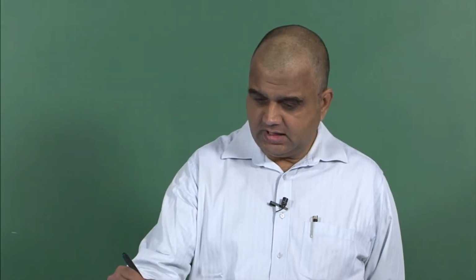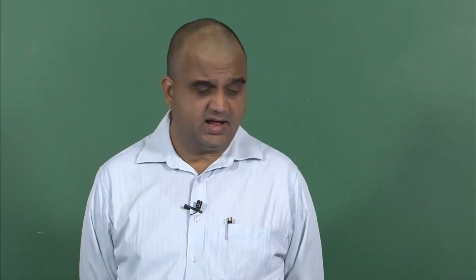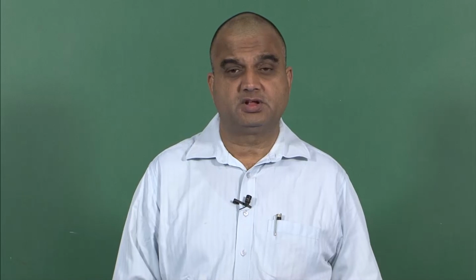And the geometry of the plate, that is its dimensions a and b, are embedded in here, and they also have a role in the definition of D m n. Okay. So, this is the solution, and what we will do tomorrow is continue this discussion on the simply supported plate on all the 4 sides, and then once we finish the discussion on this problem, we will move on to some other problems.